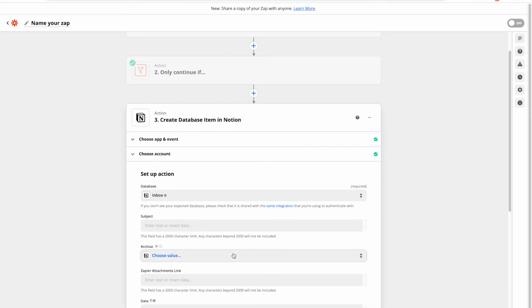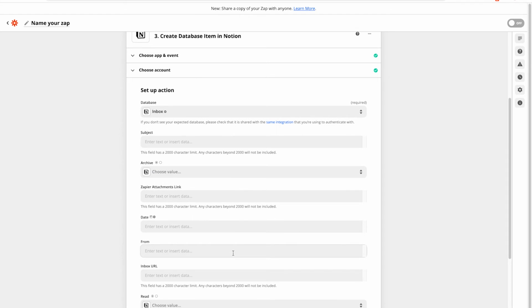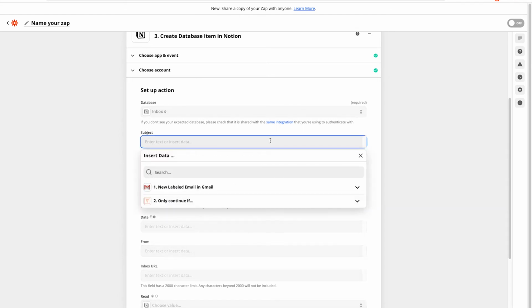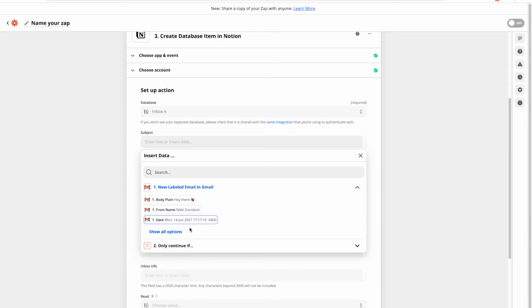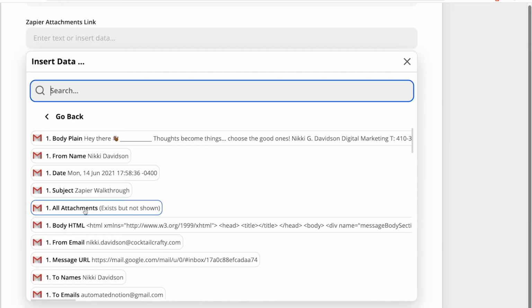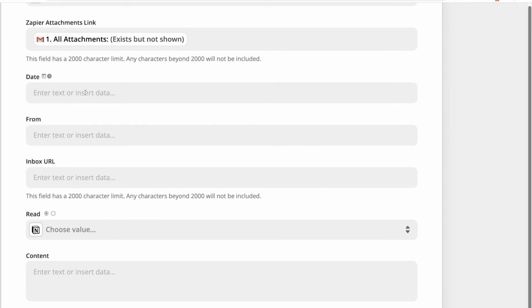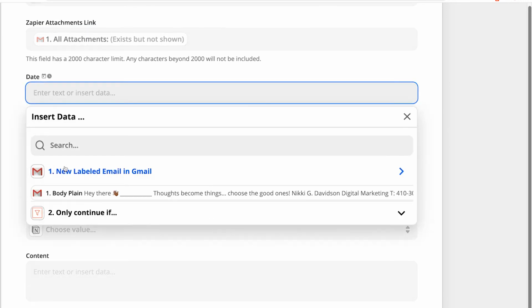Now that we're connected, we'll start filling in our properties. Obviously, for subject, we're going to select subject. Now for our attachments, it says exists but not shown. There's actually a link here, but I guess it's too large to show here. So you want to select all attachments. And then just continue. We're pulling out date,